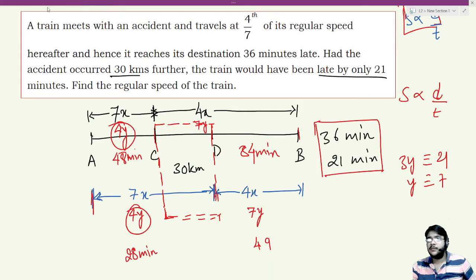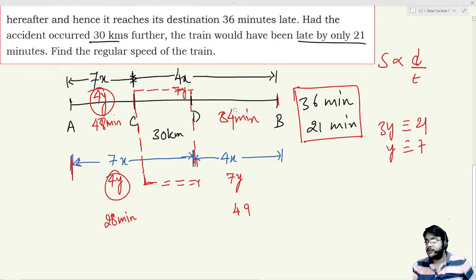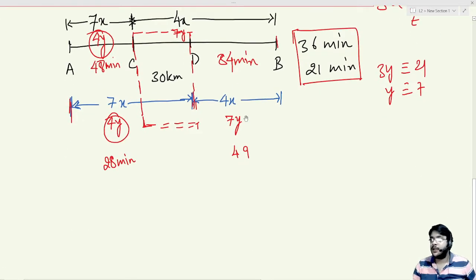Okay, now let me do one thing. Let me make some space for myself. Okay,